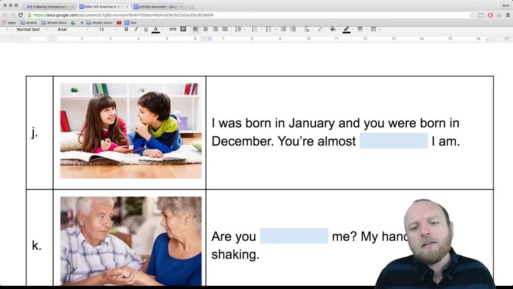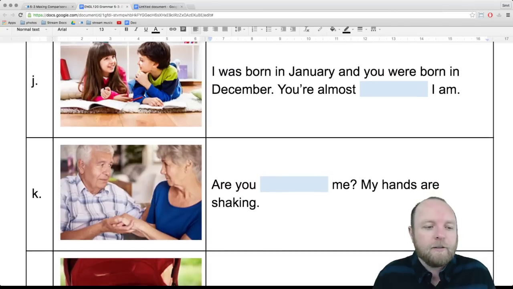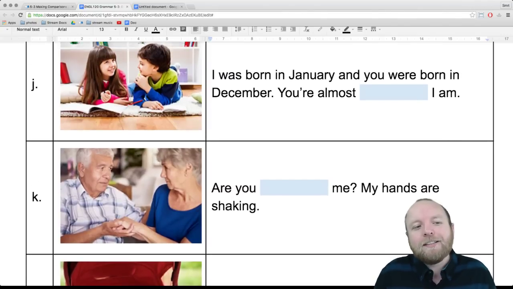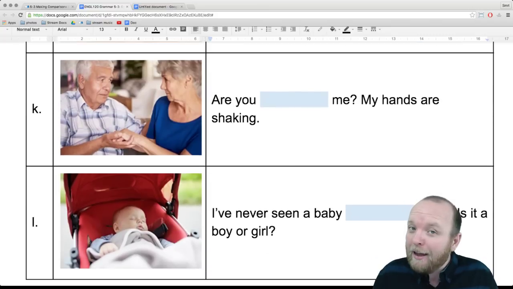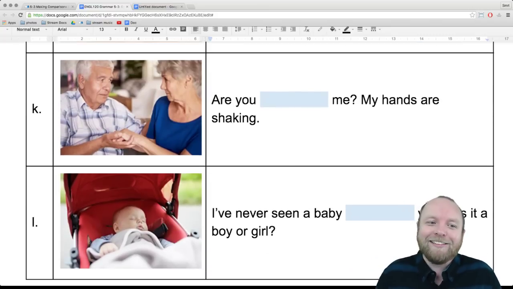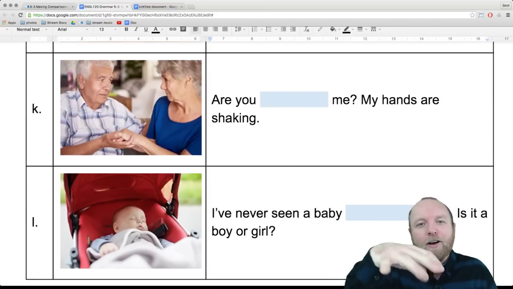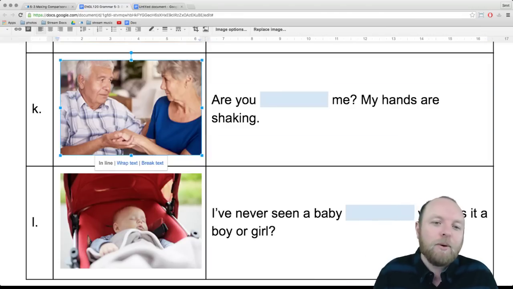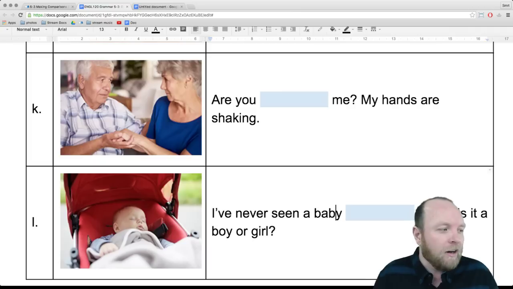As young as. Yeah, it's a little unclear. Like Paul wrote, as young as. Maybe it's younger, right? Maybe it's young or old. It's a little unclear. Now, Lane and I were laughing because the answer for J is as old as, right? But also maybe the answer for K is as old as, because these two. Why are your hands shaking? Because I'm old, right? No, that's why we were laughing. It's maybe not funny for you guys, but